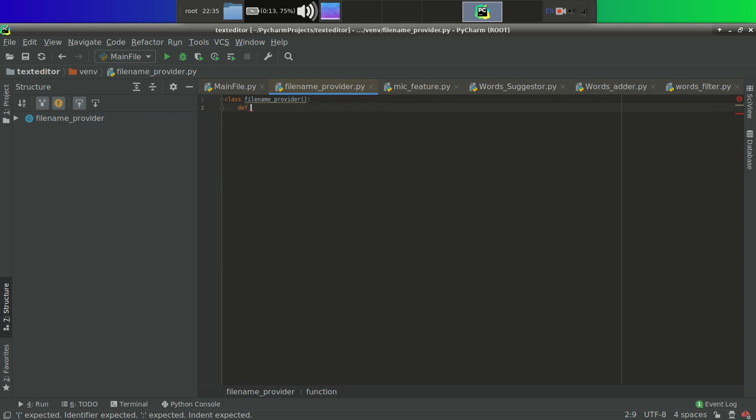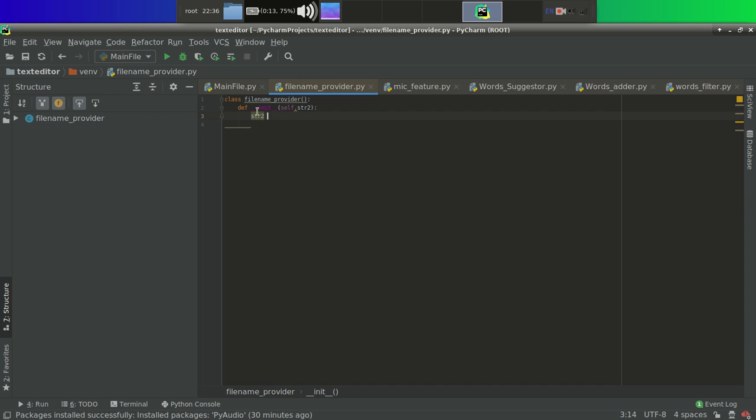Now actually since this is a file name provider, it is its duty to extract the file name from the whole path. So it will require a string, that initial string is holding the file name along with the address. So we have to extract the file name only. So how do we do that? Let's convert str2 into a string. Actually there is no need to do it because initially it is a string also. So now what do we want to do? This str2, I actually want to reverse this.